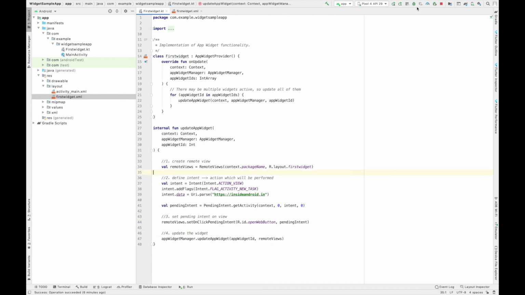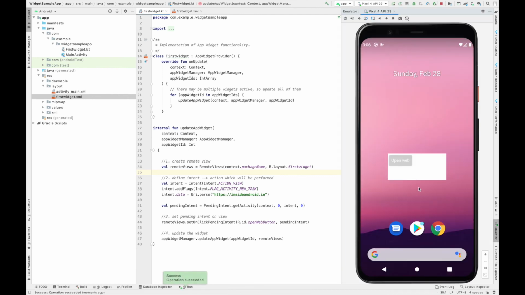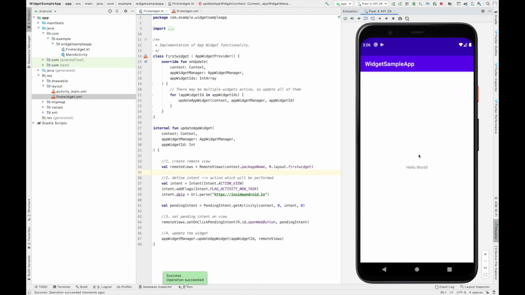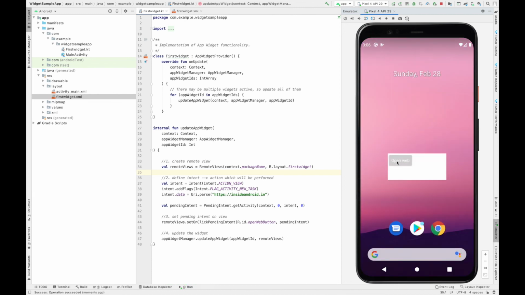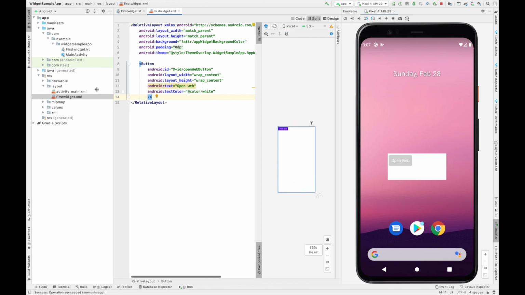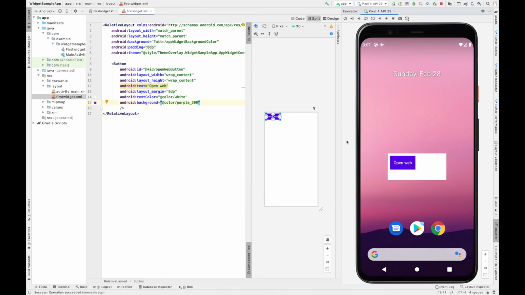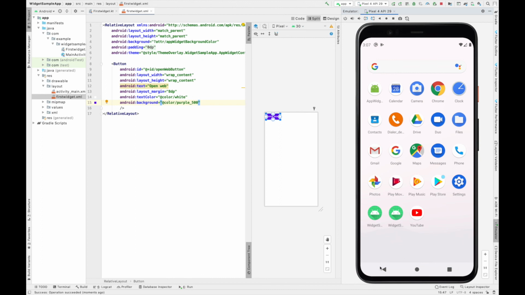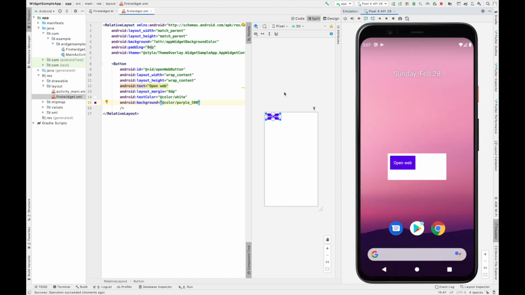So let us see how our app actually looks now. We have our example here, and if you see closely, we can close the application. Now this is our application, and this is our widget. Since we have updated the first widget, it is looking like this. Let me change the background color, much better looking. So here is my application, and here is the widget which I have changed.